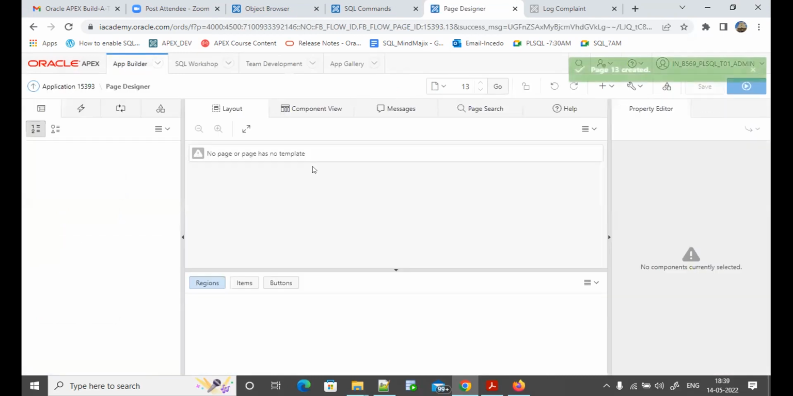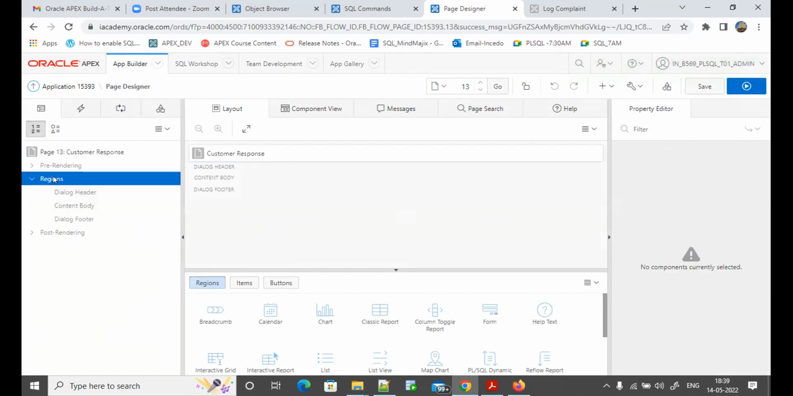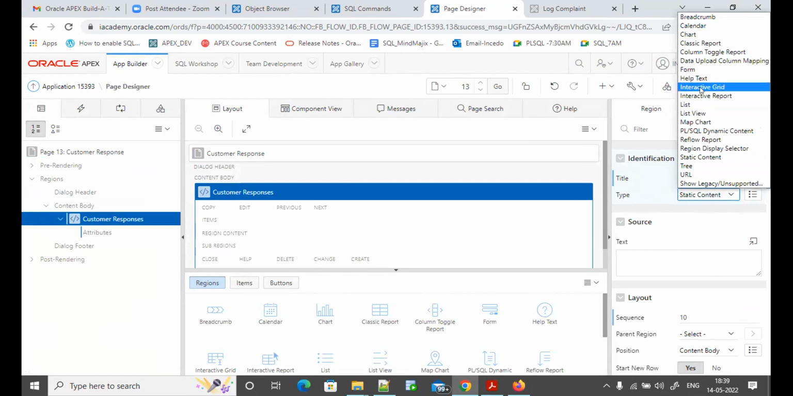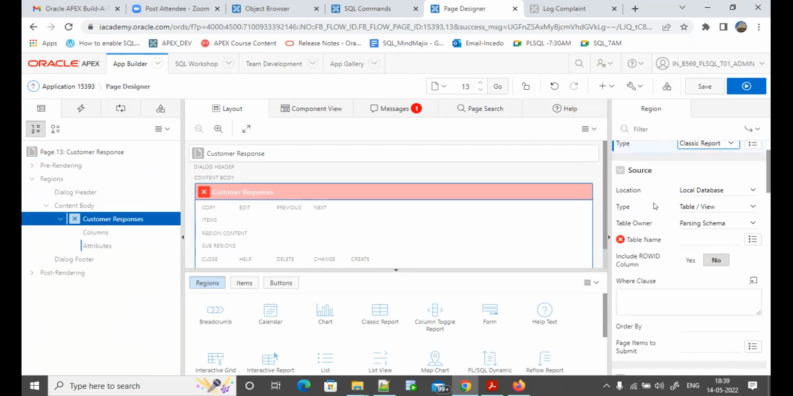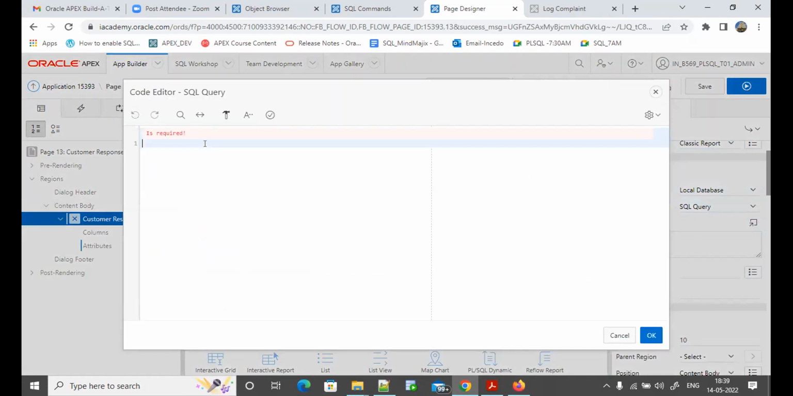So I created a new page. Right click on the region, create a region, say customer responses, and the type is classic report. Okay, and then under source type it should be SQL query, and then okay, write this here, select,